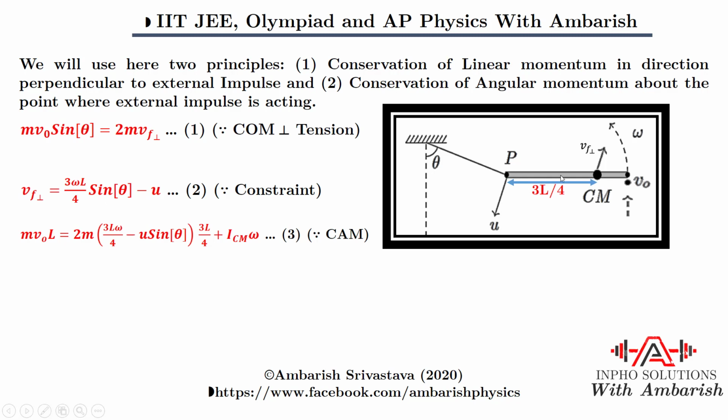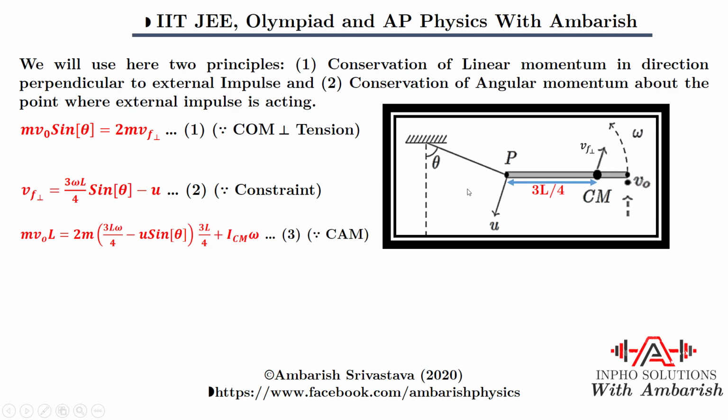Okay. And what is the final angular momentum about this? You know that for rigid bodies, angular momentum is given by m times RCM cross VCM plus ICM times omega. Or to say roughly, angular momentum about center of mass plus angular momentum of center of mass. That's a sort of bad use of language, but that's an easy way to memorize the angular momentum formula. So now what is the angular momentum? So the ICM omega term comes as it is, plus m times RCM cross VCM.